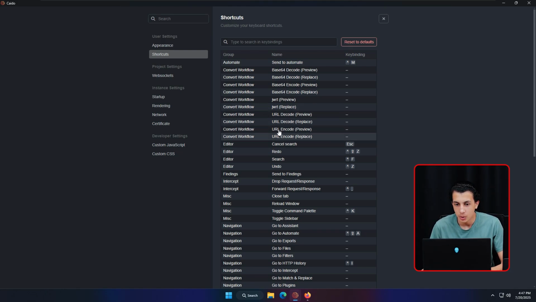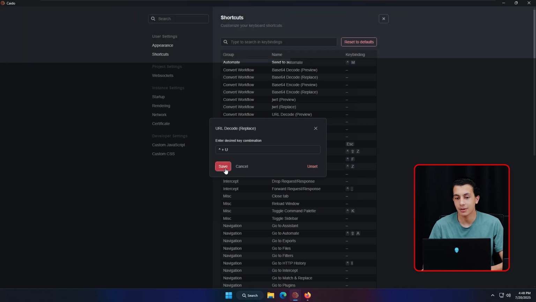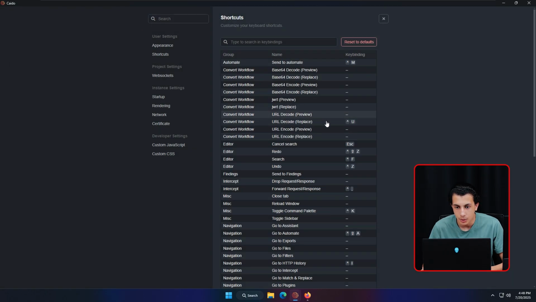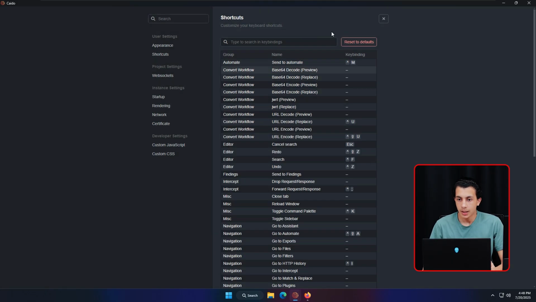What this means is that there is something called URL encode, preview, and replace. The difference between them is that when you use replace, it will replace it in the request. And when you choose preview, it will just encode it and give you the data. It will not replace or manipulate the request. So if I come right here to the URL decode, replace, and click on it, and let me write, for example, Control U, okay, and save it. And come right here to the URL decode, replace, and I can give it something like Control Shift U. Okay, once you do this,